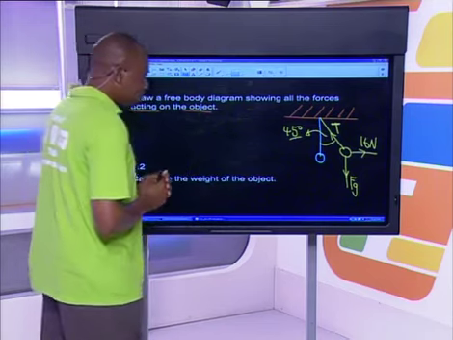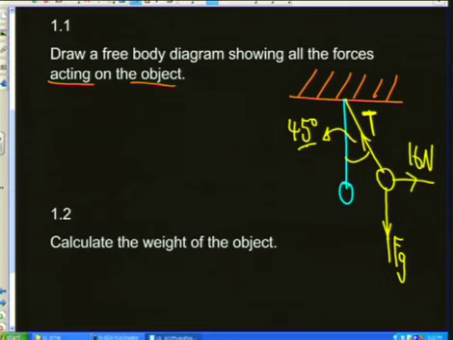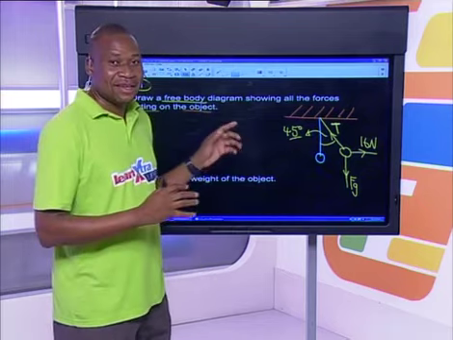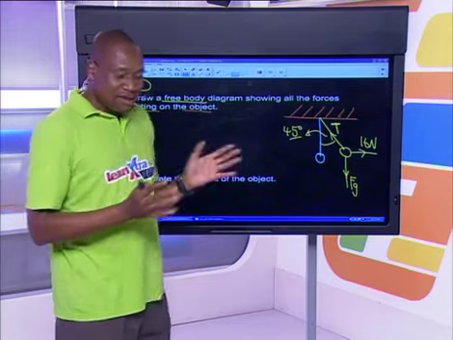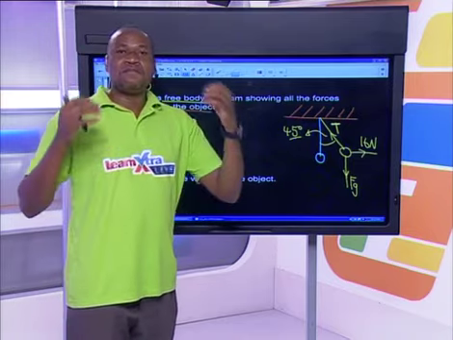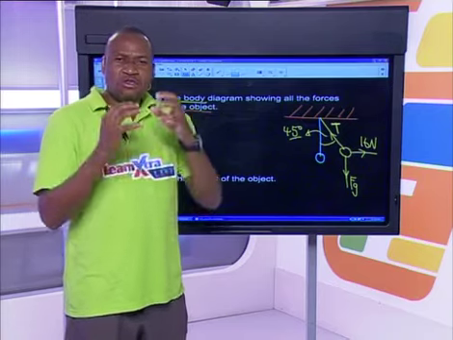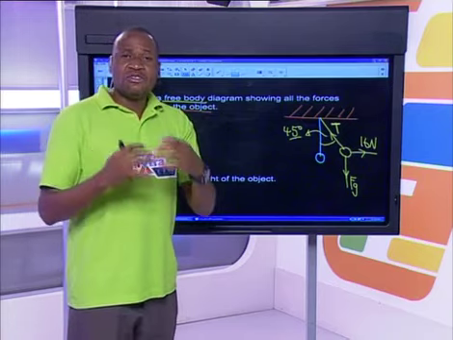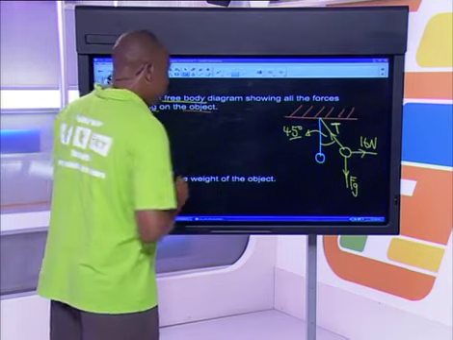Now quickly, let's have a look at it. Question 1.1, I'm asked to draw a free body diagram. I think in all the 3 lessons that I've given you so far, all of them had something to do with free body diagrams. People expect it. It's always there. I can't imagine a question paper in physics without this. There is about an 85% possibility that you will be asked to draw free body diagrams.